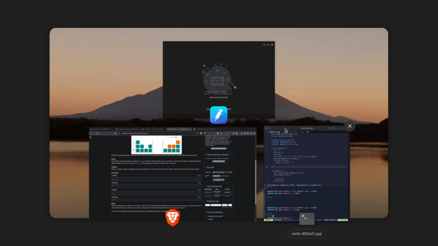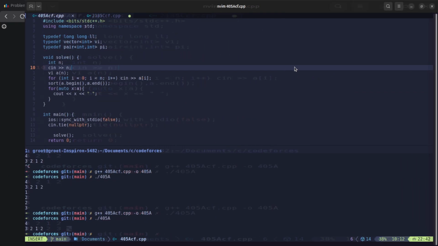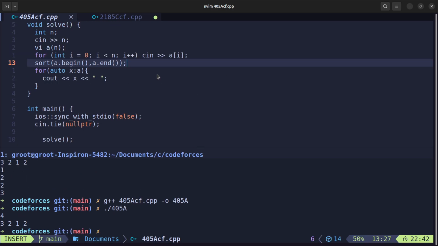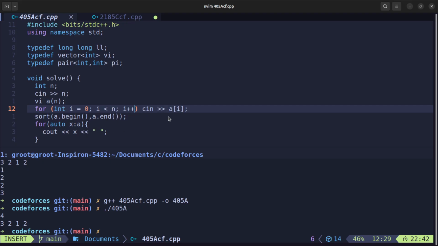I have already solved this. As you can see, it's very simple, to be honest. I just sorted it. Just sort it, you will get the answer. Enter all the array values, sort from beginning to end, then print out, you will get the answer, as you can see. Like if I run it,